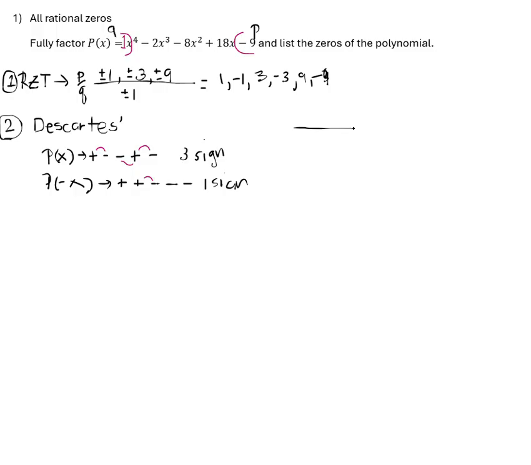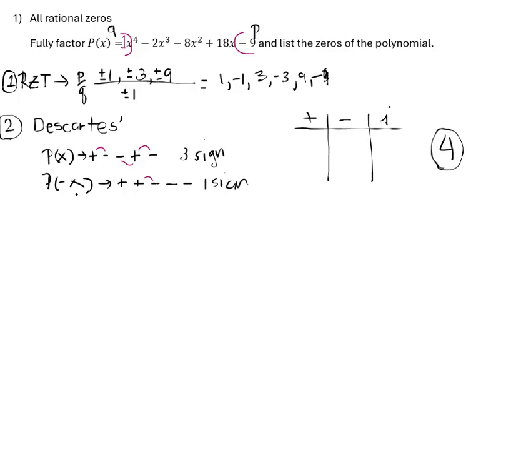For Descartes, you will often see a lovely little chart with a positive for the number of positive solutions, a negative for the number of negative solutions, and an I for the number of imaginary or complex solutions. Notice that in this polynomial we had degree 4, which means in total we are looking for there to be 4 possible solutions to this polynomial. It should cross the x-axis a total of 4 times. Now, there are a lot of ways around that with multiplicity and all the rest, but I'm looking for 4